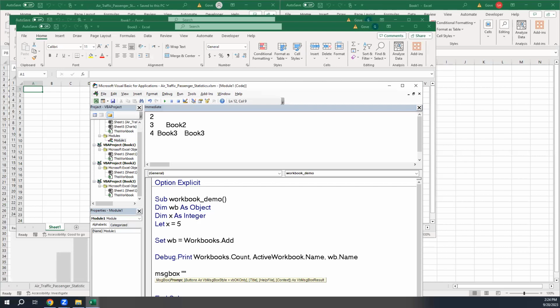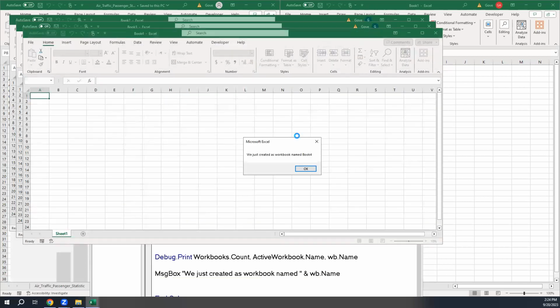And I'm just going to say, we just created a workbook named, and then I'm going to concatenate onto that WB.Name. So it's still going to print it in the Immediate window, but we should now also get it as a little dialog box that pops up here in Excel. So I'm going to run this. We're making a new sheet. We just created a workbook called Book 4. Okay, excellent. The whole point is I want this to pause long enough to be able to see the workbook,